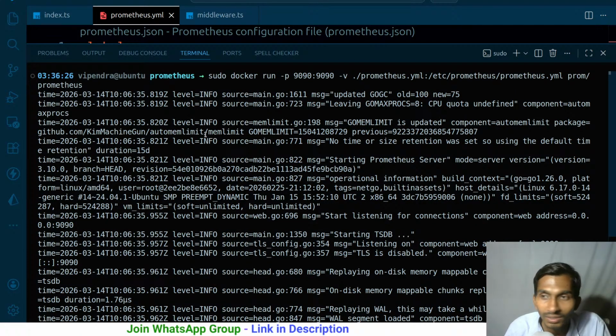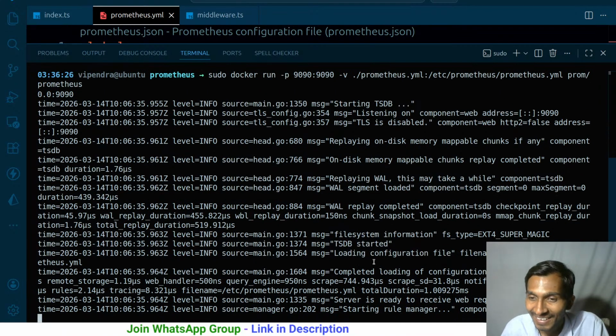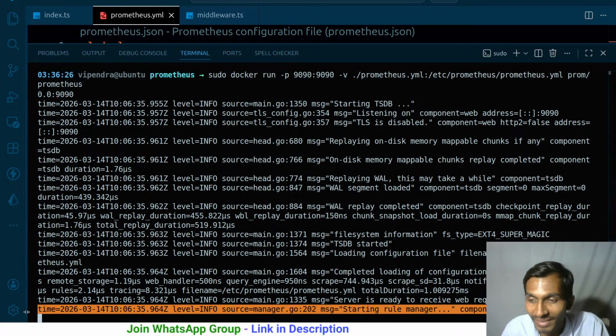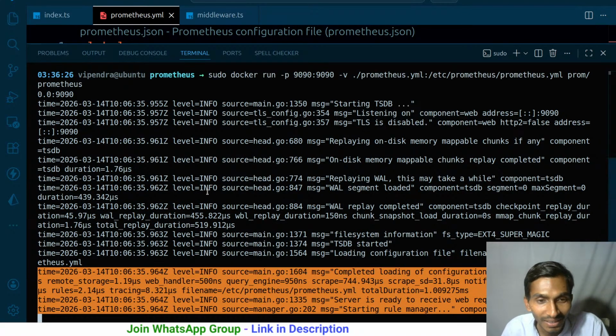Don't look at me like this. I'm myself looking at the written things. CPU put undefined loading, and again this is my first time going through this. I did take the help of the teacher, but again